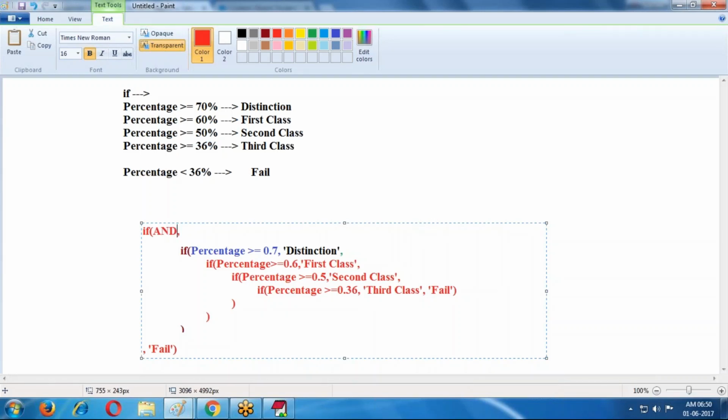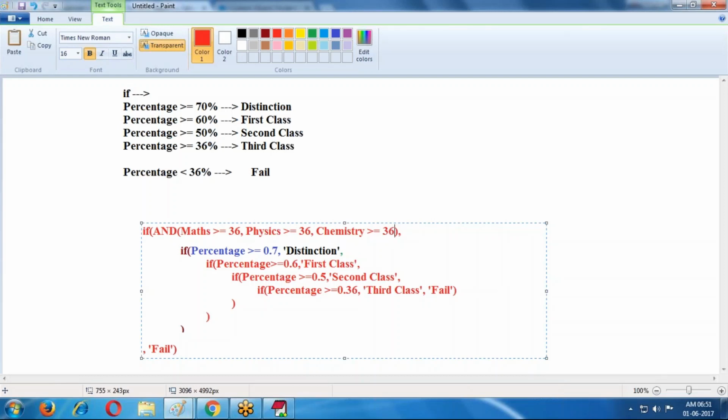The AND condition. In the AND condition, Maths subject value is greater than or equal to 36, Physics subject value is greater than or equal to 36, Chemistry greater than or equal to 36.